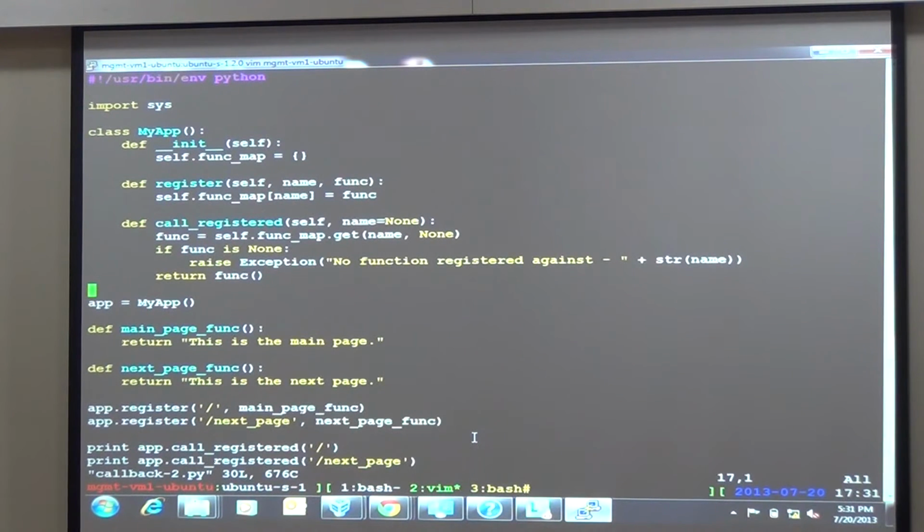So what we looked at was that you have callbacks. You can call them in a simple way, or you can have a class which has a register function, and in the register function you can pass the string, the key against which you want to register the function, and the function reference itself, right? And when the right time comes, you call this. So nothing magical here, simple stuff.